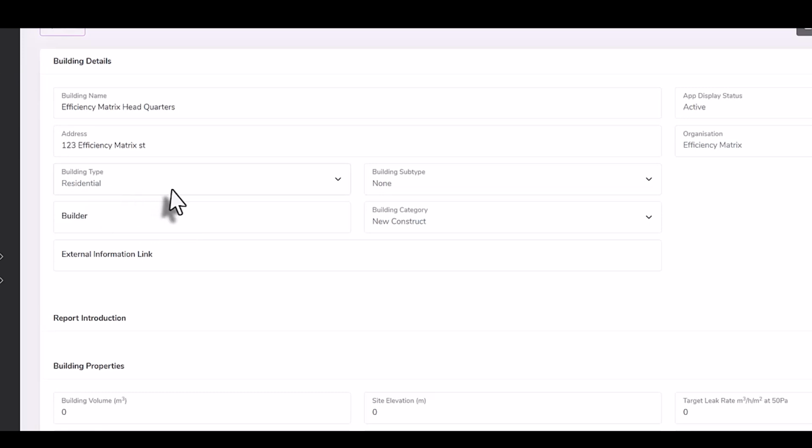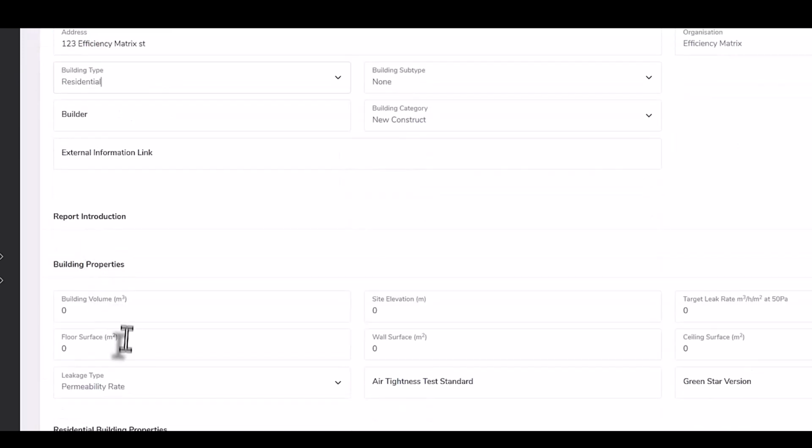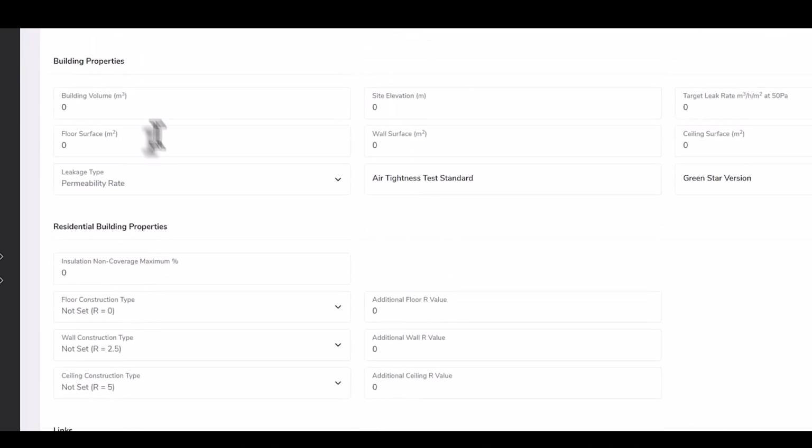All right, residential, we'll make this one a residential project. You can also add in the surface area calculations for the building. So volume might be, let's call it 300. You might calculate these straight off a floor plan. Target leakage rate, site elevation, surface area of the floor plan,